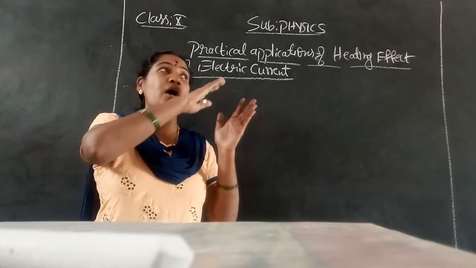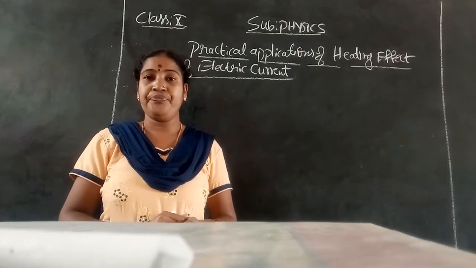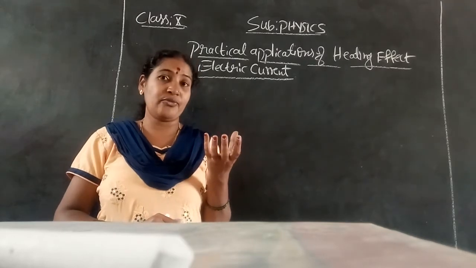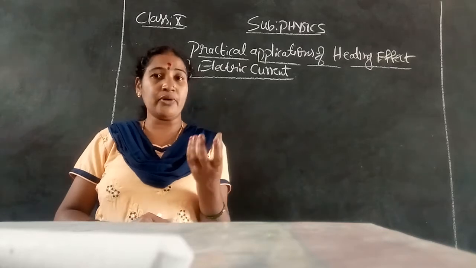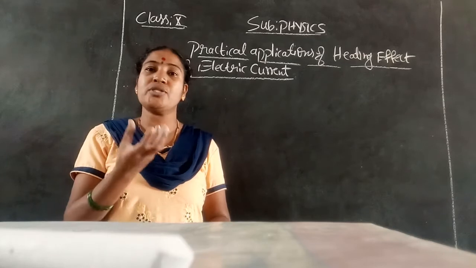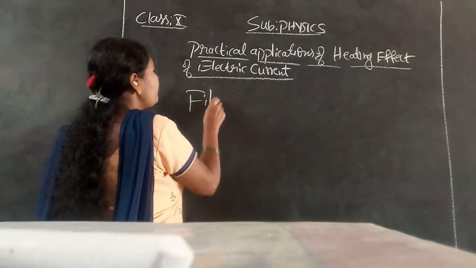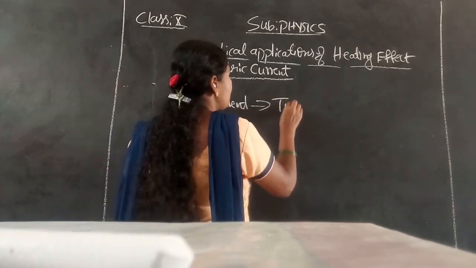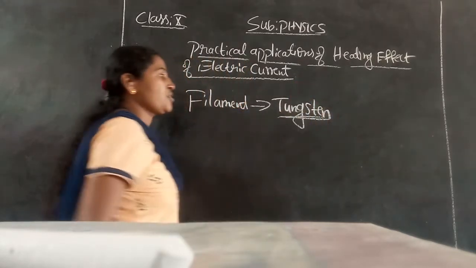So now you learn how electrical energy is converted into heat energy and light energy. After heating of the filament given in the bulb, just check the bulb at your home. Remove it from the holder and check. Inside, the filament will be there, correct? What type of filament is that? The filament is made of the metal tungsten.